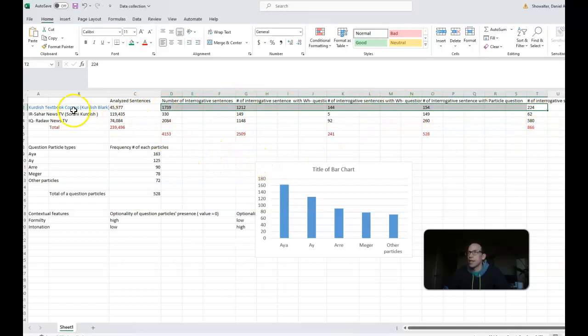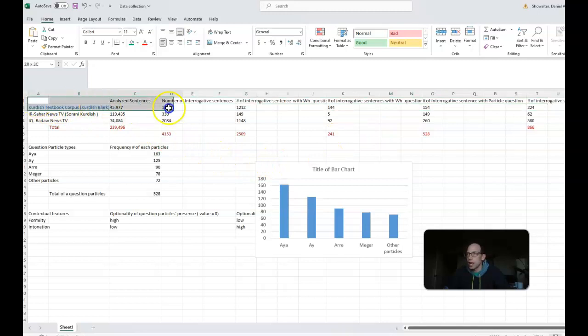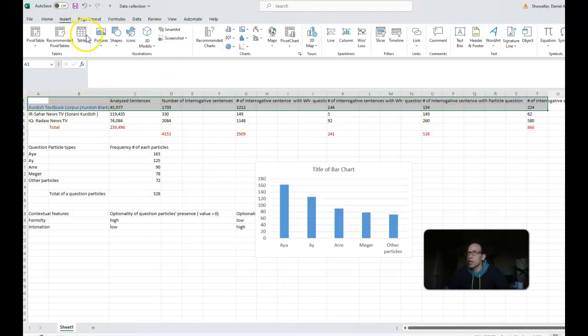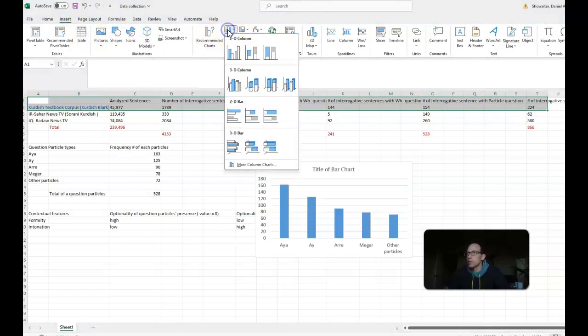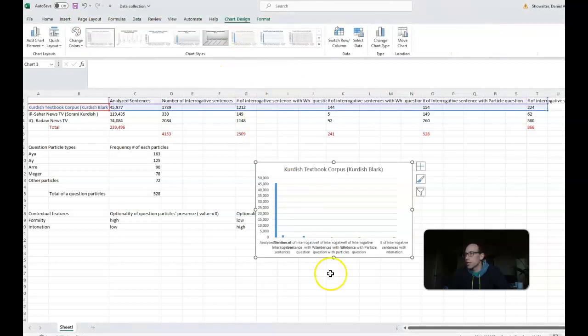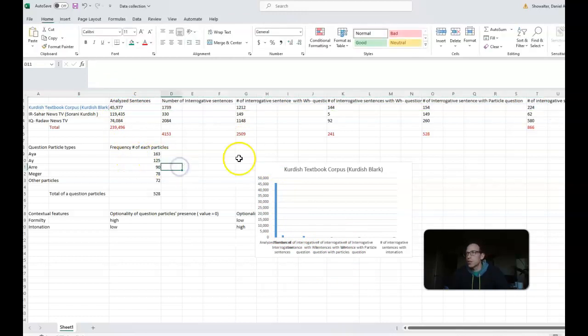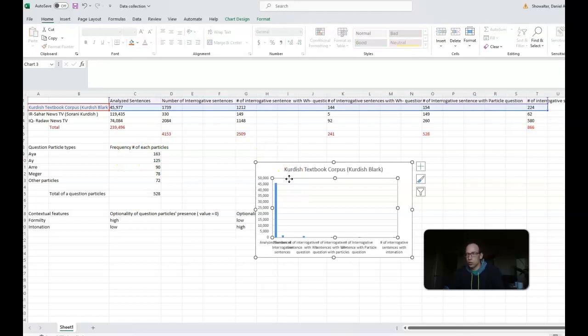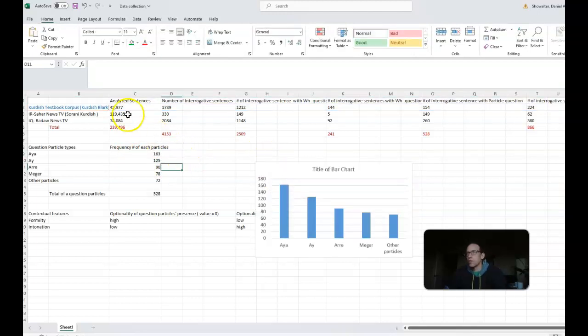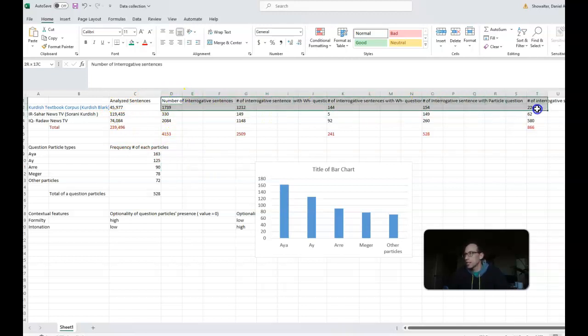But anyway, if you would select all of these, let's say we're just looking at the Kurdish textbook, and you insert chart, again, we would do a chart like this. It's not going to look good because this number is so much more powerful than the others. So you would probably want to not include this. And a couple different ways you could do that. You could just highlight these numbers,